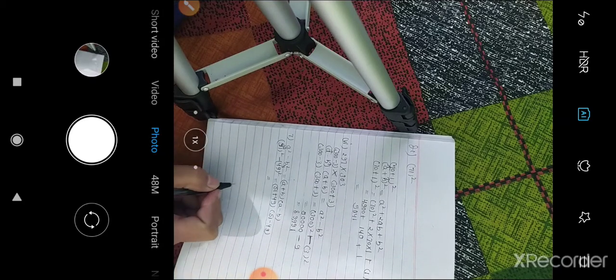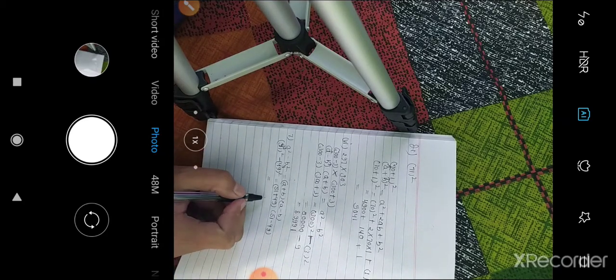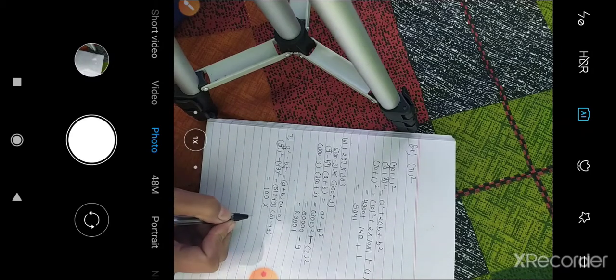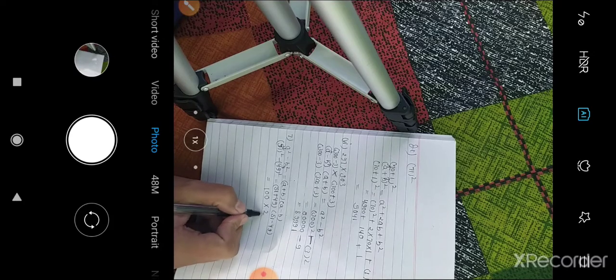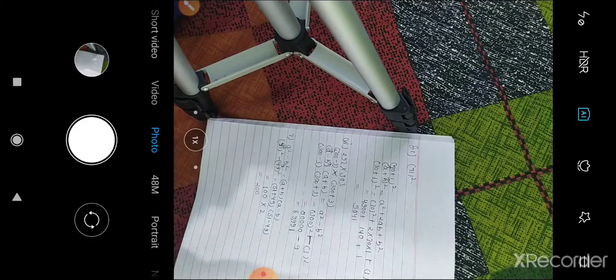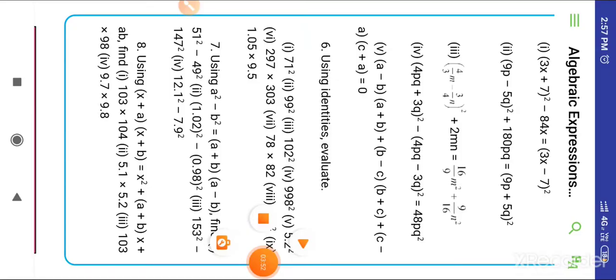51 plus 49 is 100 and 51 minus 49 is 2. After multiplying we obtain 200. In the same way, you can solve the remaining parts of this question. Now move to the 8th question. The 8th question is: using (x plus a) multiplied by (x plus b) is equal to x square plus (a plus